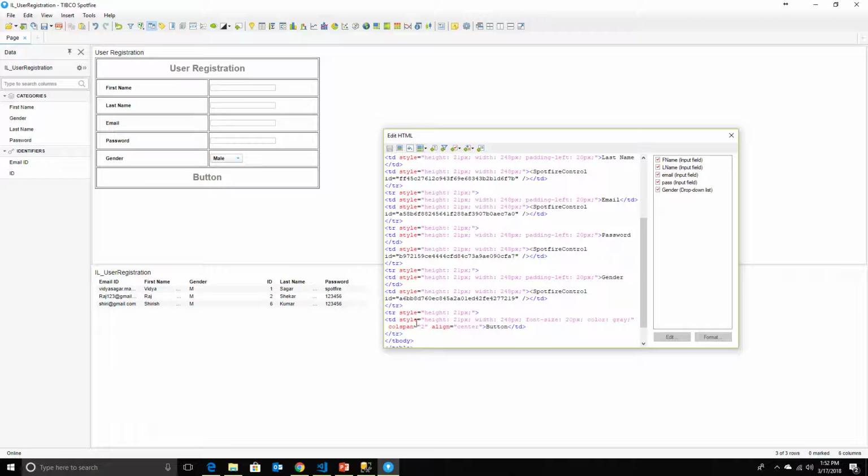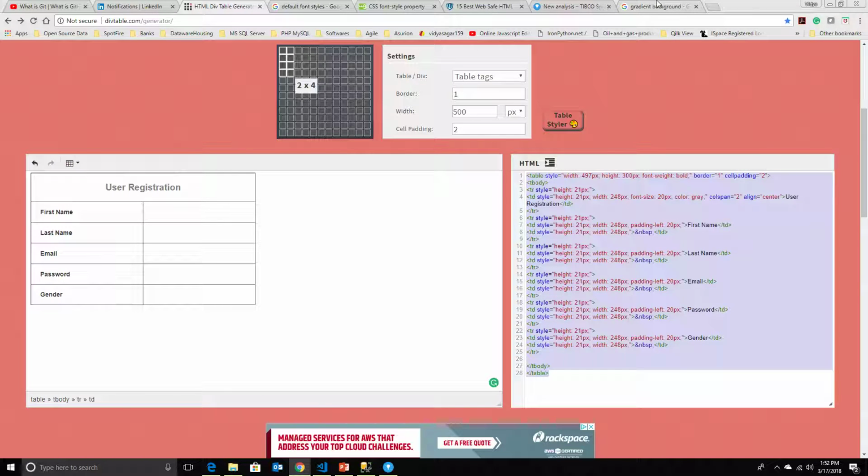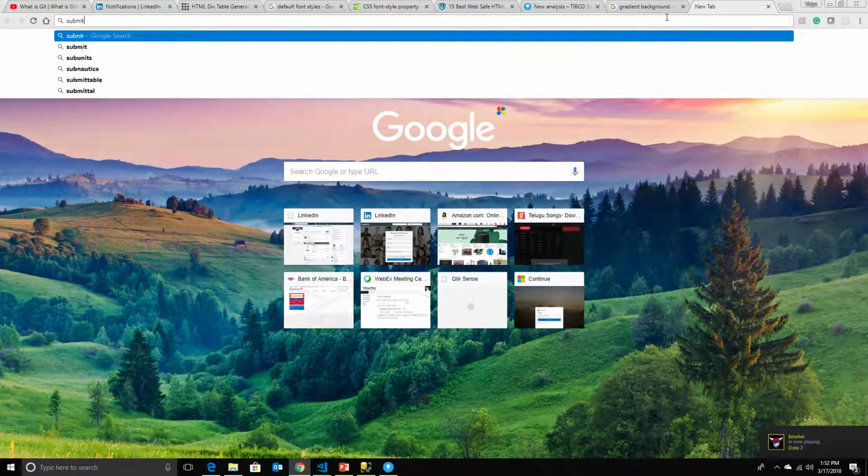Yeah, there you go. So all we need to do is take this button out. Now this time we will use the insert action control. This is the property control, this is the action control. Just remember these names. So now we call this submit, and we call this a button, or you can just simply go online